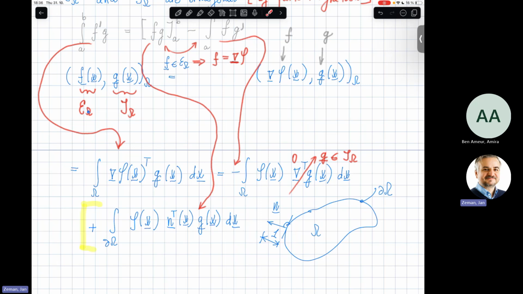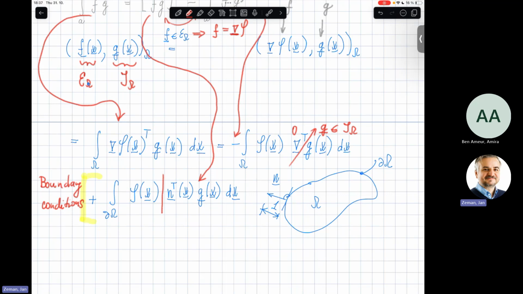And this is precisely when your boundary conditions jump in, right? And moreover, these boundary conditions are precisely in the right format, which say that I have the product